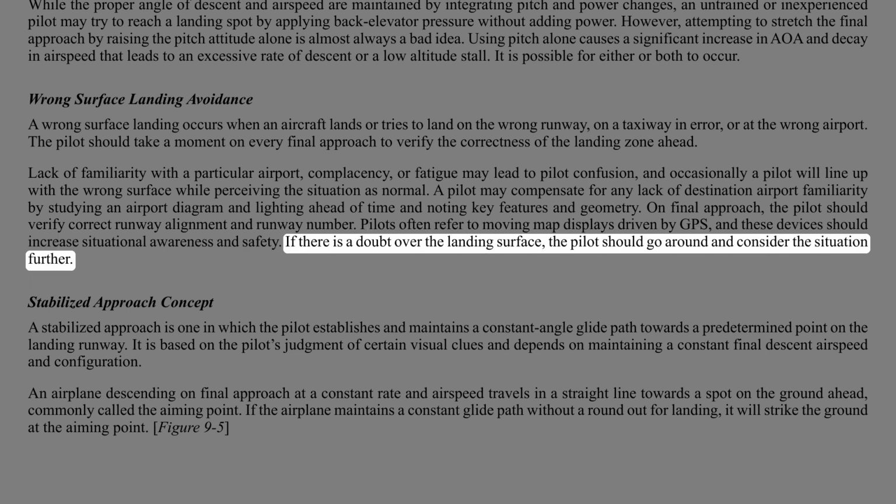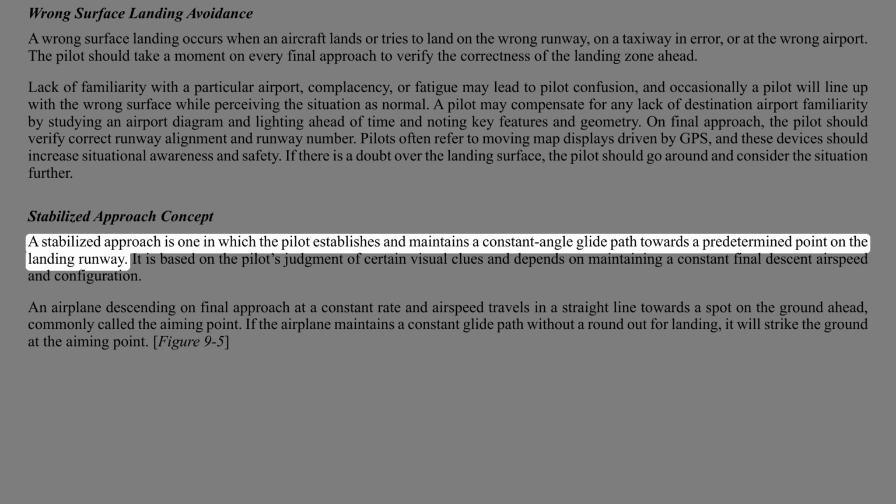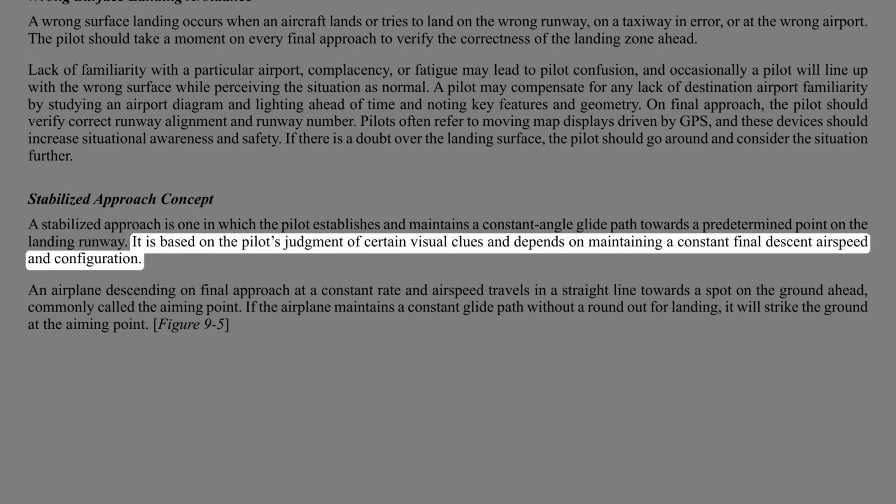If there is a doubt over the landing surface, the pilot should go around and consider the situation further. Stabilized approach concept. A stabilized approach is one in which the pilot establishes and maintains a constant angle glide path towards a predetermined point on the landing runway. It is based on the pilot's judgment of certain visual clues and depends on maintaining a constant final descent airspeed